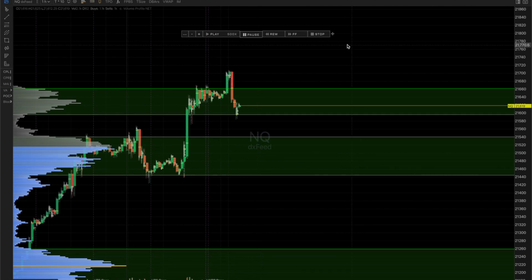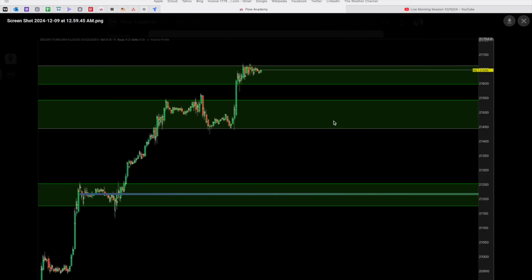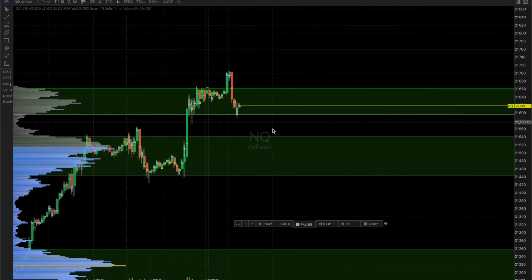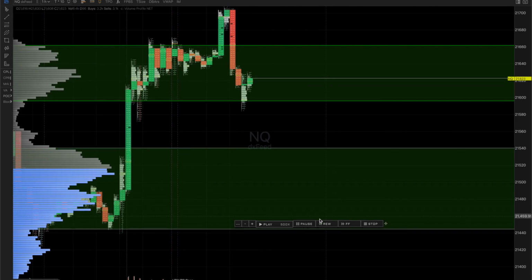So what we're going to do right now is just show how price played out during the week. And this is what price was looking like Sunday night. So just keep that in mind. And we're going to go ahead and press play. We're not going to talk about strategies right now and different processes that you can build around this. But the one thing you do want to